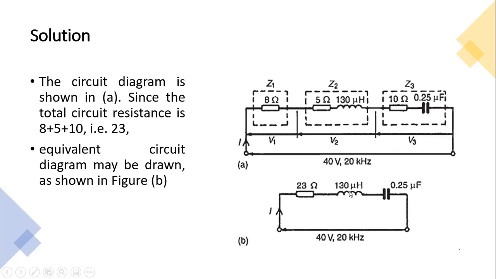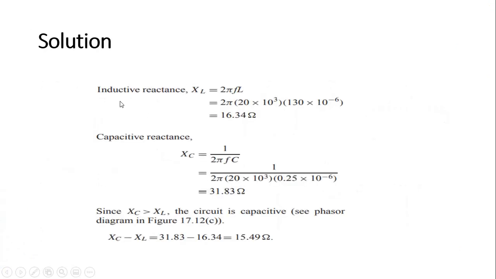So we compare the two to know which formula we are going to use. The inductive reactance XL is 2 pi FL. If you put the values inside, you are going to get 16.34 ohms. For the capacitive reactance, XC is equal to 1 over 2 pi FC, which is equal to